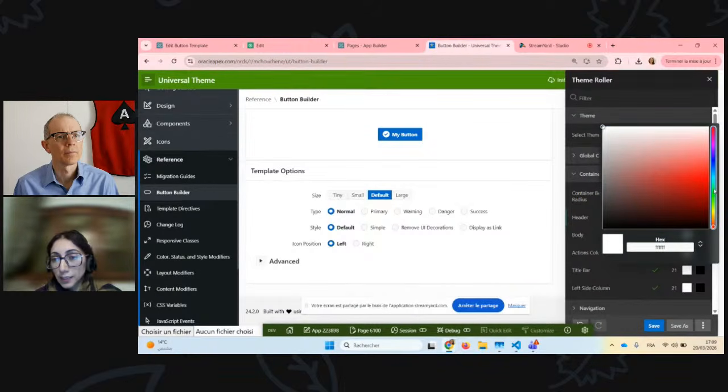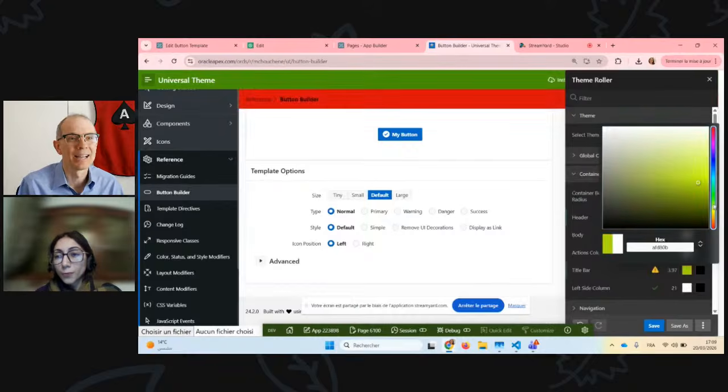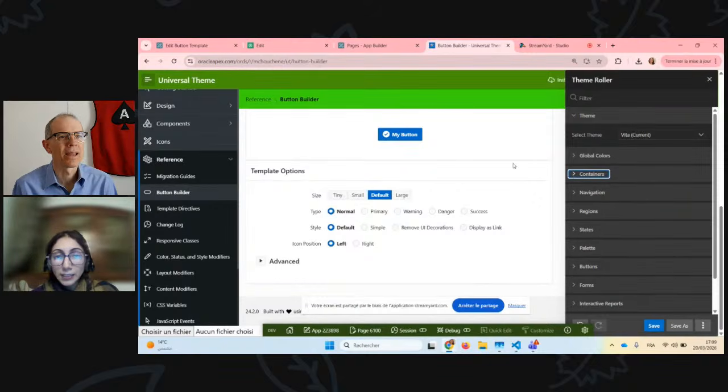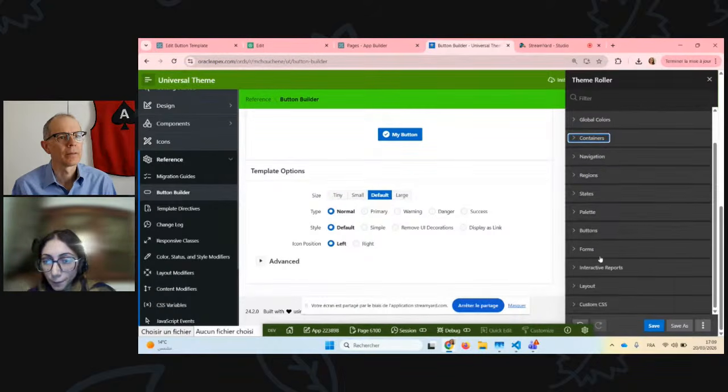We will make it a similar green or so. Let's see. And we only have about 2 minutes, or 2.5 minutes, so let's be quick on picking colors. Okay. So now that we have changed those two properties,